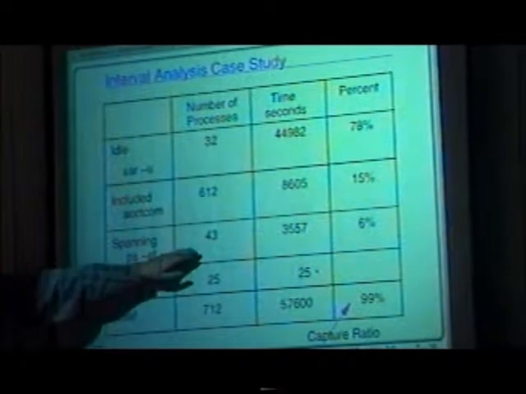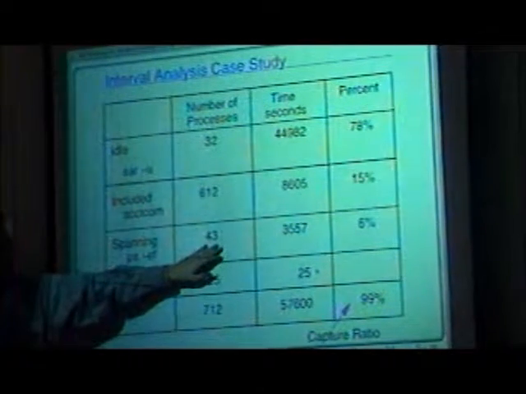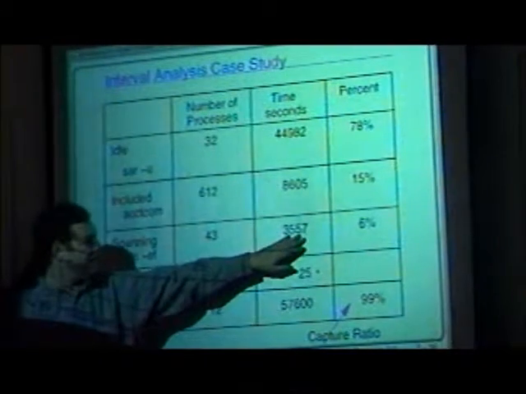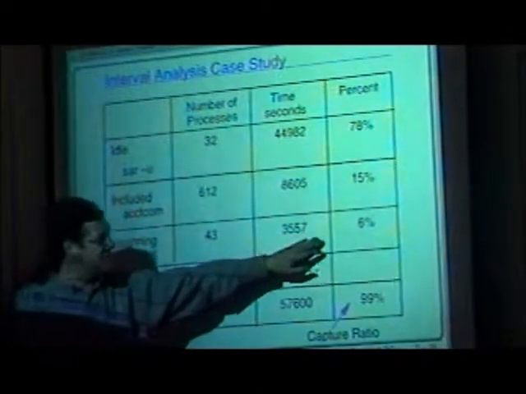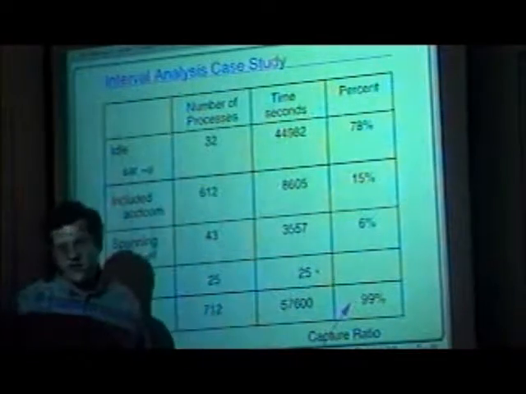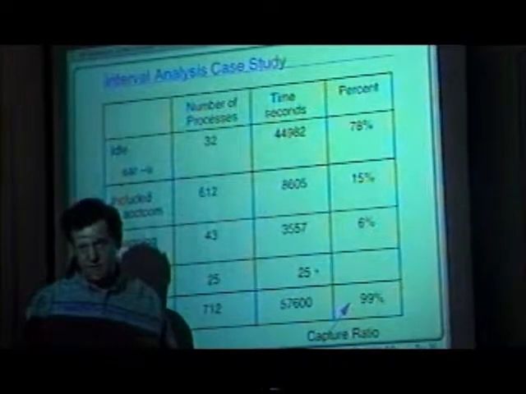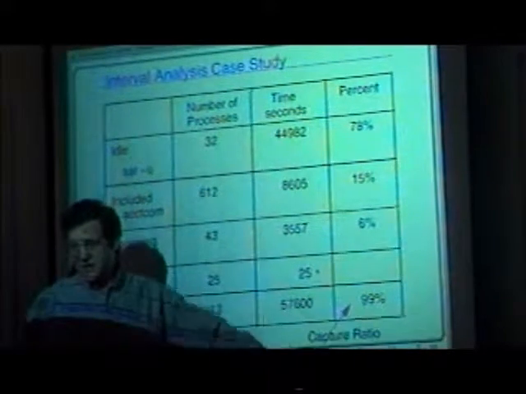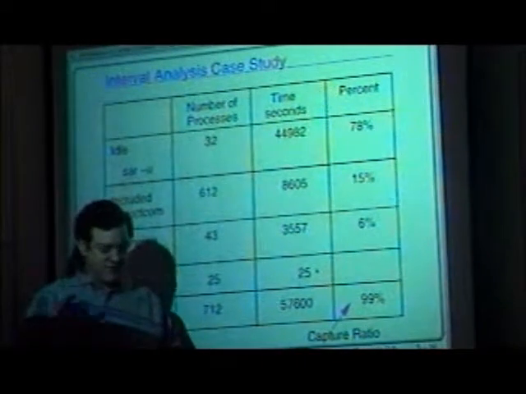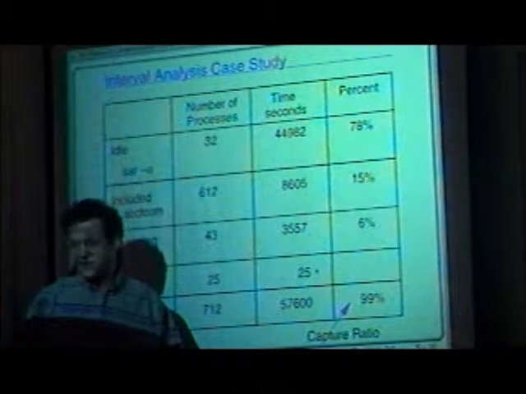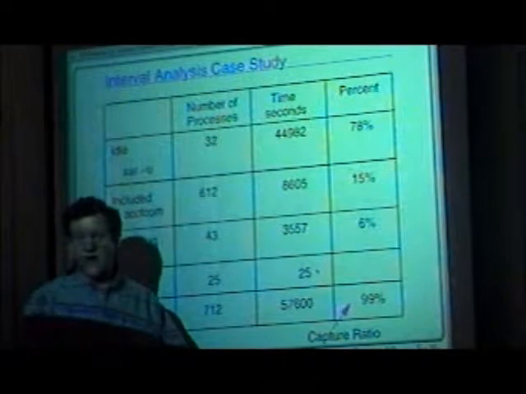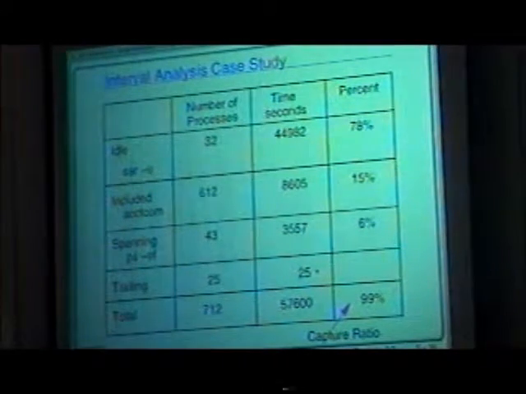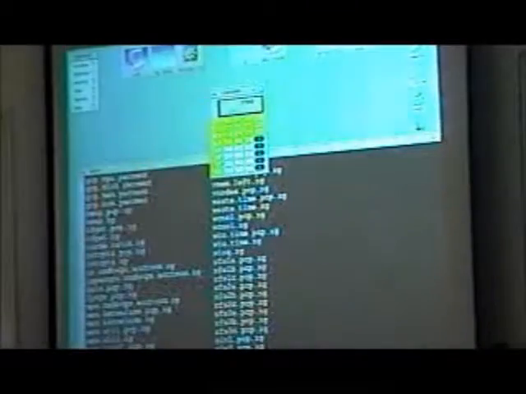And I also had 43 processes that ran through the interval, added up by hand with PS, got 3,557 seconds, and that was 6% of my interval. That left me 25 seconds that I didn't know what happened to. And it gave me a 99% capture ratio. So the data center manager at the end of the month takes the number of hours times the number of CPUs and says from the accounting data, can I account for that interval? Okay. And if I took my example with SPV,